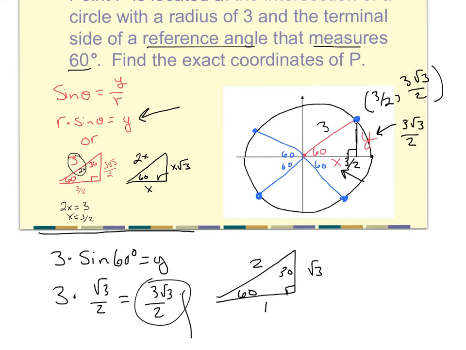So now what I want to look at is it says to find a reference angle that measures 60 degrees. So we talked about at the very beginning of the problem that this is 60 degrees, so is this, so is this, and so is this. So my question to you is, thinking about the fact that these are all 30, 60, 90s, shouldn't these side lengths all be the same? They are exactly all the same. So if I started looking at this triangle and did the same exact thing, the only difference though would be